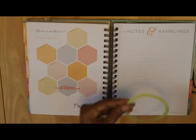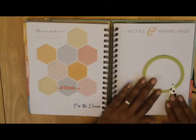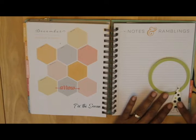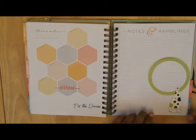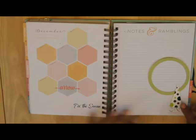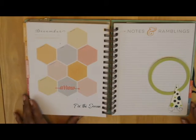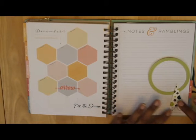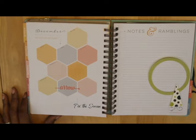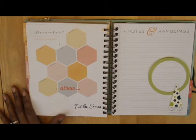I had used this circle on a Lister's Got a List book from last Christmas. And I thought, you know, I think I want to use that on this page. The color scheme just seemed to complement this one. And so I'm just going to set that there for now. And I did do some pre-planning just because it takes forever and nobody wants to sit there and watch me